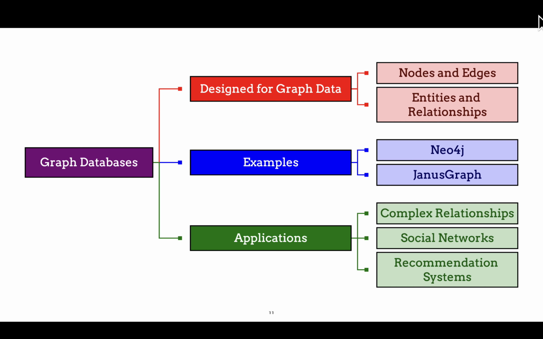Graph databases. 1. These databases are designed for storing and querying graph data, which consists of nodes and edges representing entities and relationships. 2. Examples include Neo4j and JanusGraph. 3. They are well suited for applications that require querying complex relationships and patterns in the data, such as social